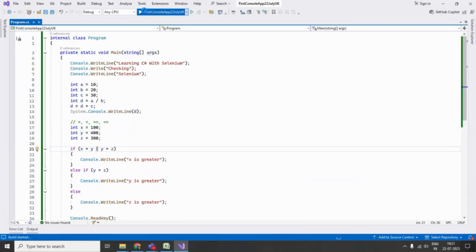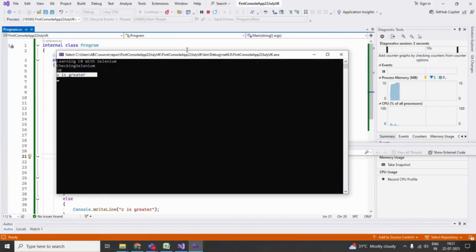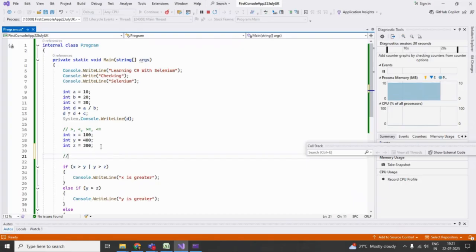So run it. Let's see. Yes, x is greater. Why? We said or. Either of these conditions is true. If one of the conditions is true, then it will enter. Now the question that you have to tell me tomorrow, that I can apply here